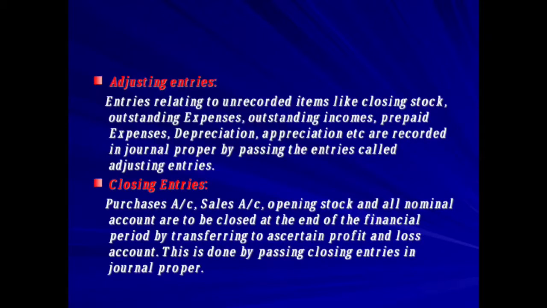Then next we have adjusting entries. Now adjusting entries will be like closing stock, depreciation, appreciation. Depreciation means here it is reducing the value of asset. Appreciation means increase in the value of asset. Okay, or else outstanding expenses which we will record, and outstanding incomes which we will record, prepaid expenses or incomes received in advance. All these we call as adjusting entries, means the entries which are related to previous year or to next year. Next year means we will consider it as advance, previous year means we will consider it as outstanding.